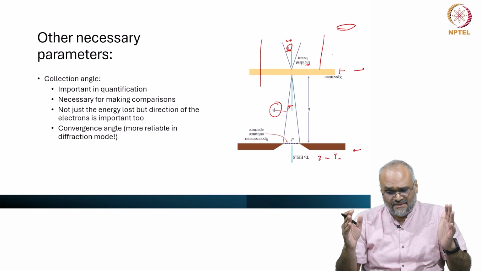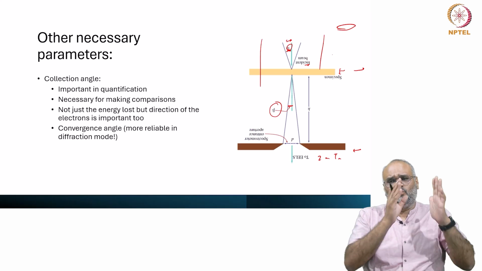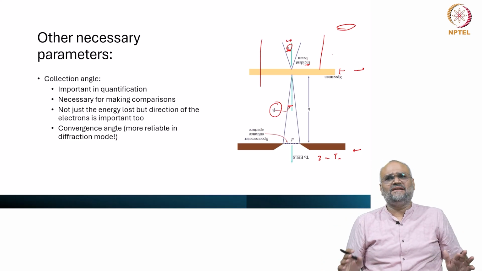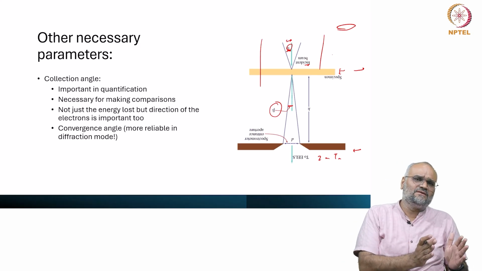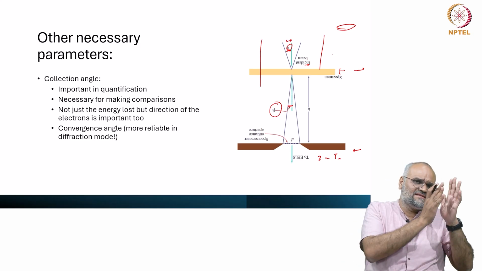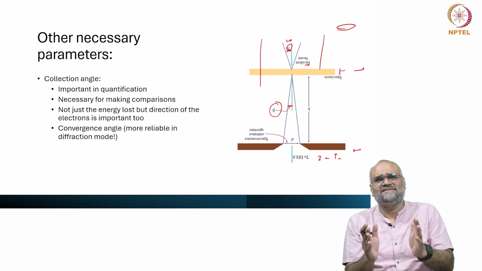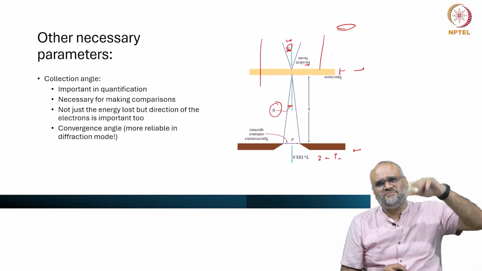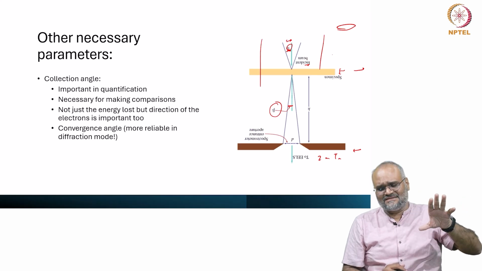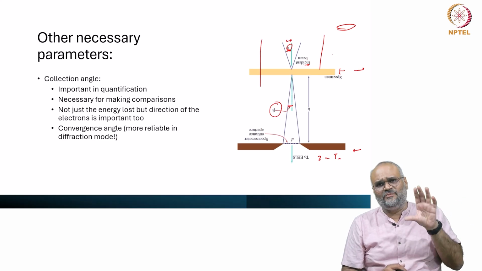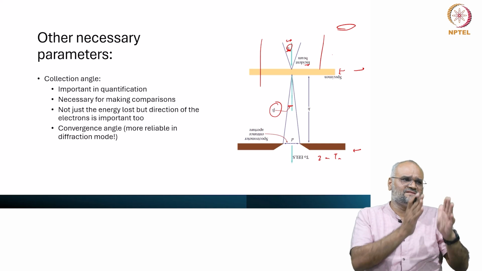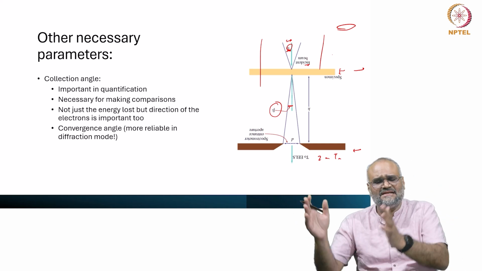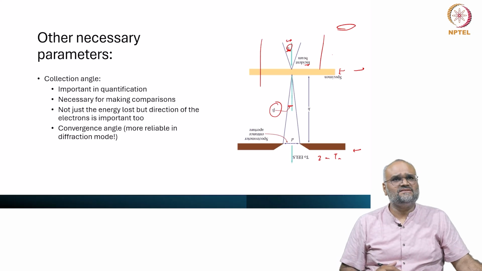So, please bear in mind that from one set of data that I collect from a sample, all these parameters are fixed and you note them down carefully, and you use the same set of parameters for one set of study that you do. Once you optimize which exposure times, illumination conditions, and collection conditions give the best EELS spectra, you standardize this and then you start recording the data from a series of your specimens. So, once you do all this,